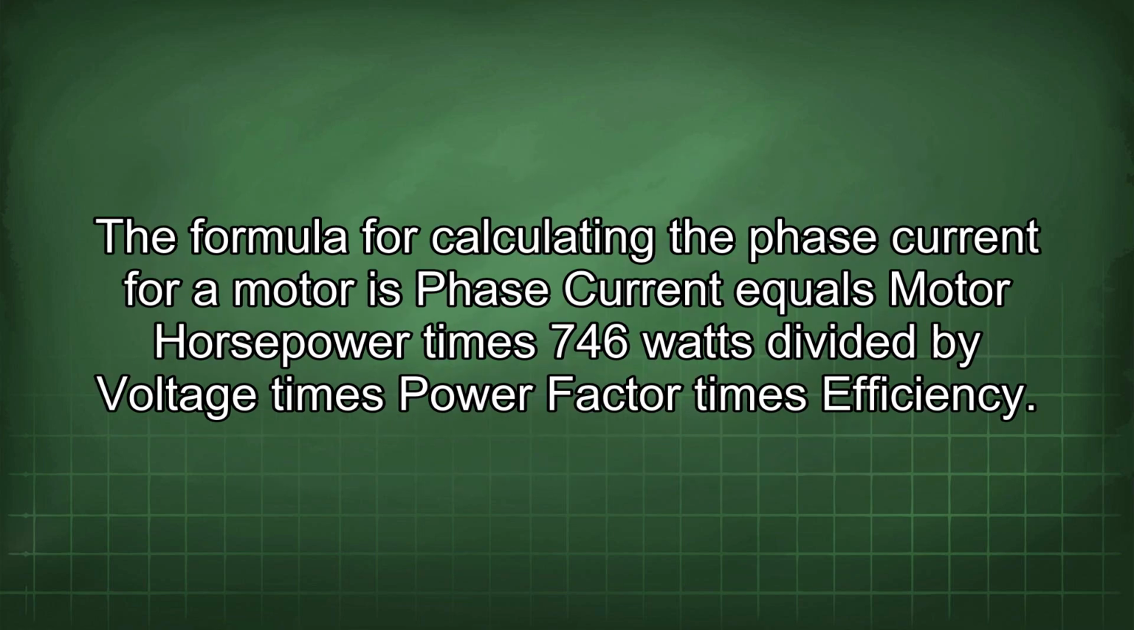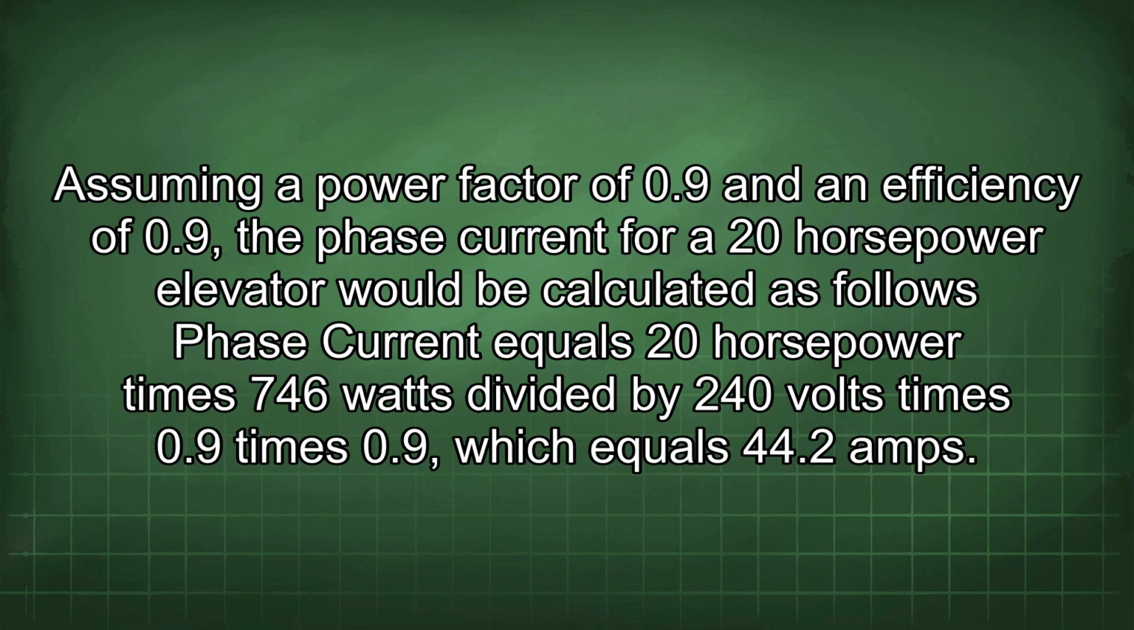The formula for calculating the phase current for a motor is phase current equals motor horsepower times 746 watts divided by voltage times power factor times efficiency. Assuming a power factor of 0.9 and an efficiency of 0.9, the phase current for a 20 horsepower elevator would be calculated as follows: phase current equals 20 horsepower times 746 watts divided by 240 volts times 0.9 times 0.9,